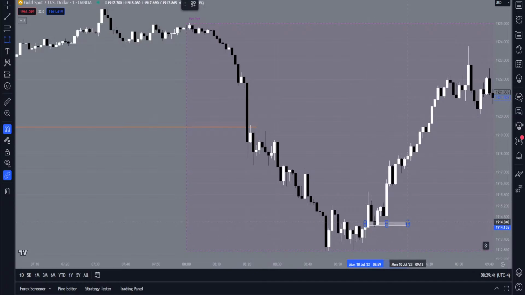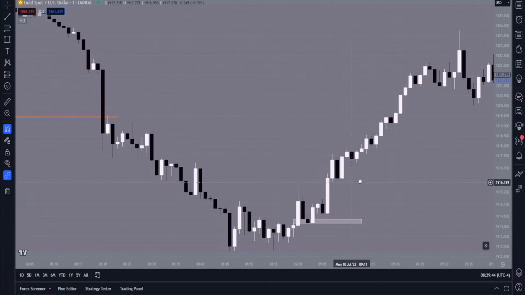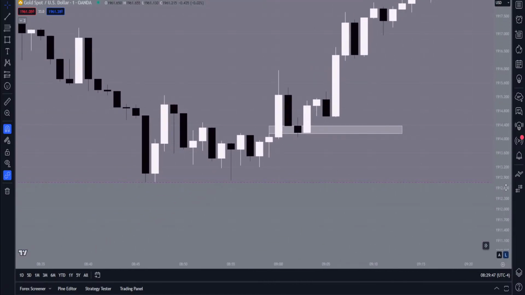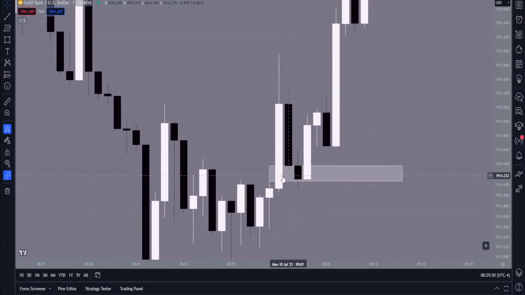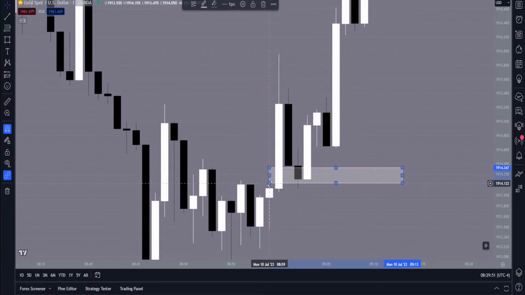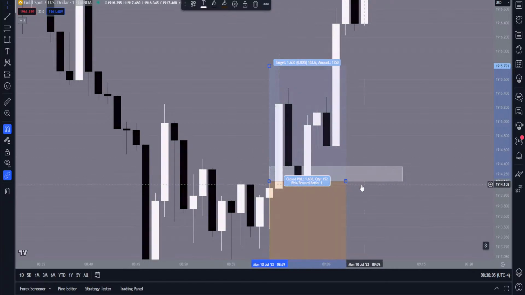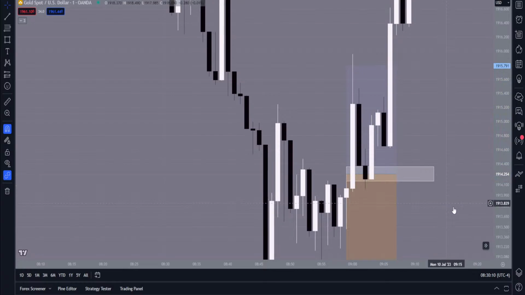It has an imbalance right there, right? You could all see that. If I zoom in, so this is Monday, right? Monday, it had the imbalance right here. And if you put that halfway mark, because it's small, I wouldn't even go to the halfway mark. I could just go to the bottom part of it. But let's just say we put it halfway mark, alright?